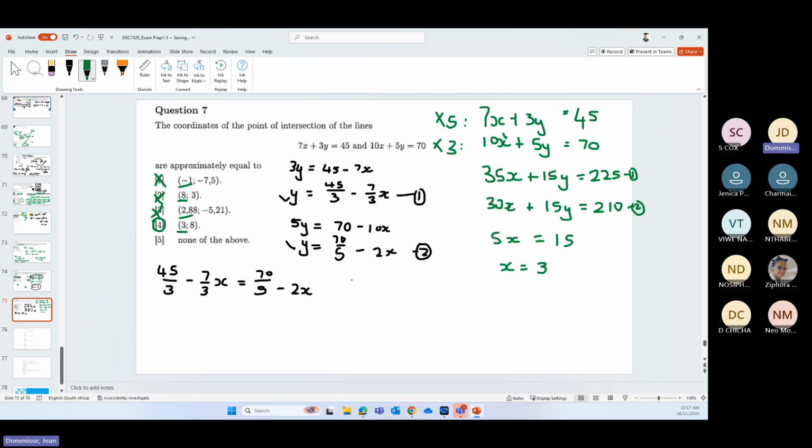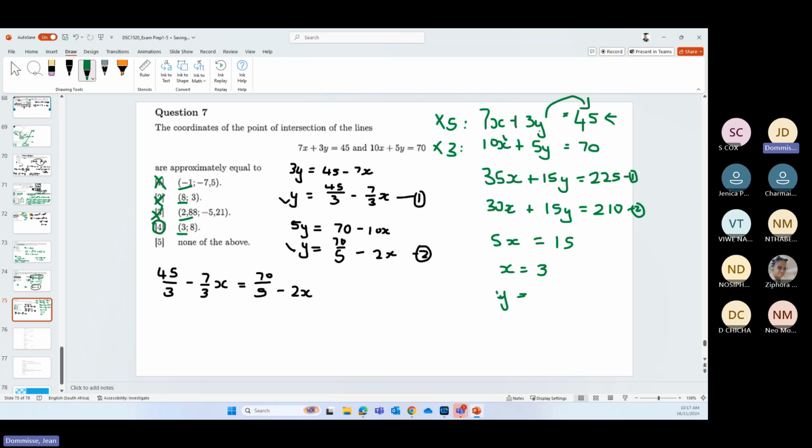X is 3. Okay, but then you can also say, okay, I want y, so I will put x equals 3 back into that equation. So 3 times 3 is 9. 9 goes over to that side. So 45 minus 9 is 36. 36 divided by 7 should give us the answer, which it is